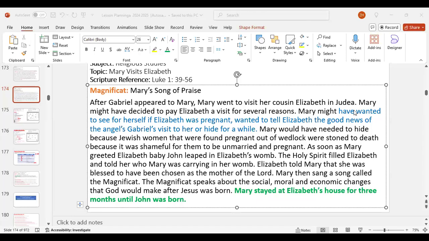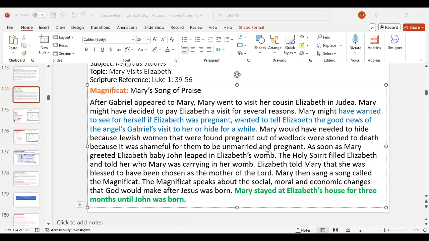Mary might have decided to pay Elizabeth a visit for several reasons. Mary might have wanted to see for herself if Elizabeth was pregnant. She wanted to tell Elizabeth the good news of the angel Gabriel's visit to her, or hide for a while. Mary would have needed to hide because the Jewish women that were found pregnant out of wedlock